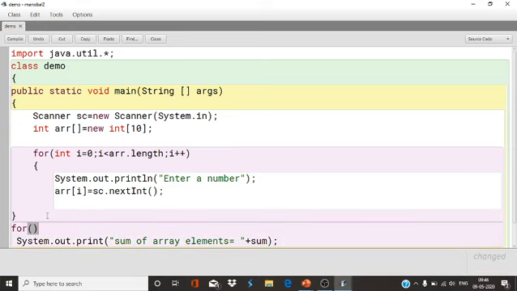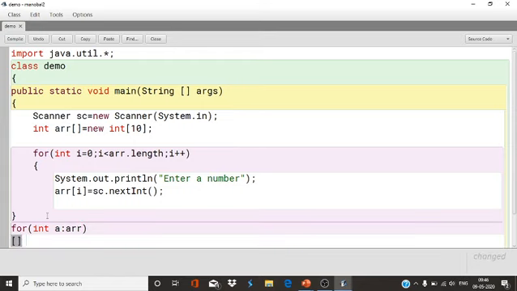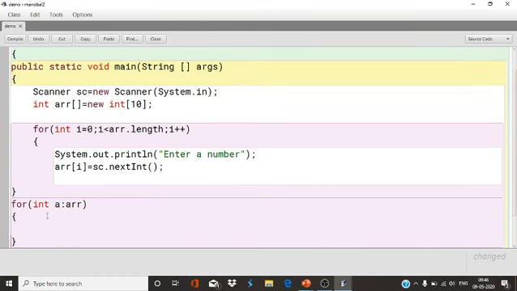We have for-each also, like int a in arr. We can print all the elements. System dot out dot print a.